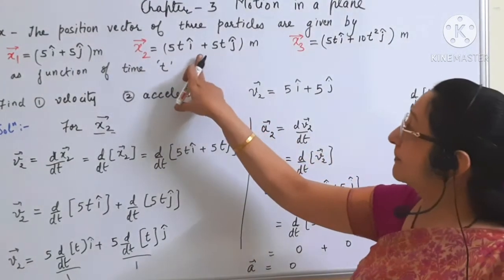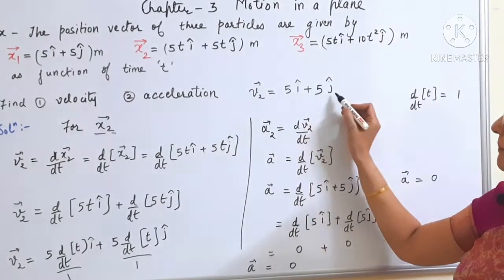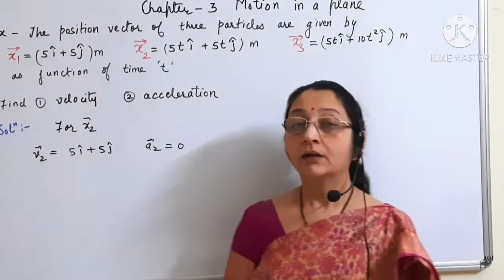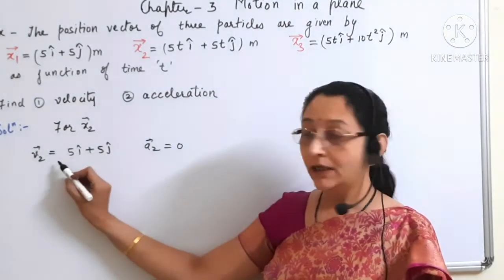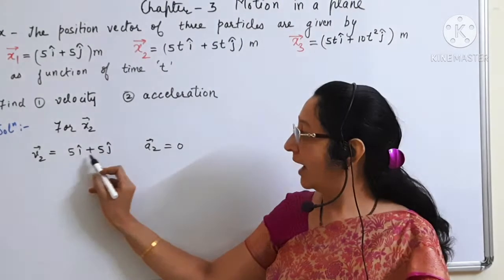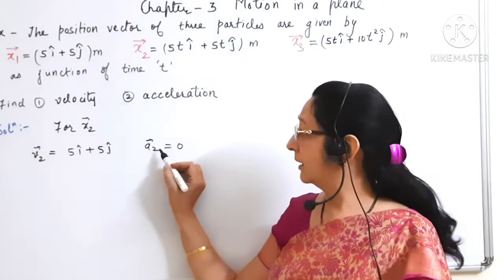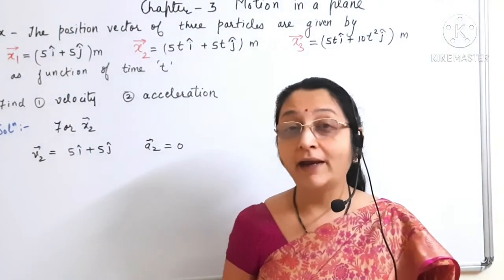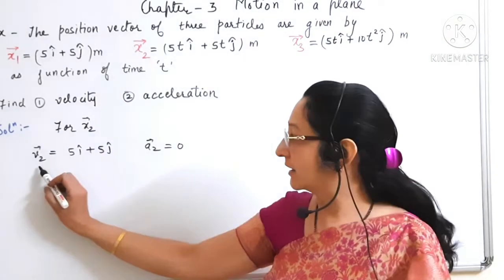So for the second particle x2, the velocity v2 is 5i plus 5j and the acceleration a is equal to 0. So now up till now we have found out the velocity of the second particle, which is 5i plus 5j, and the acceleration of the second particle a2 is 0. But we are to find the magnitude of the velocity of the second particle. So how do we find the